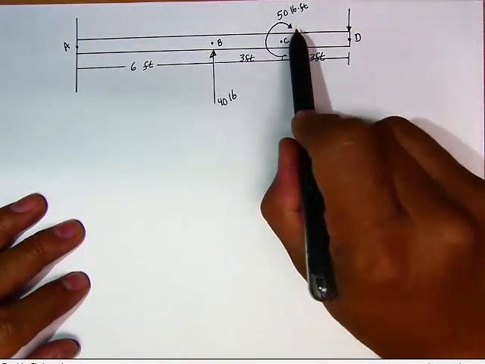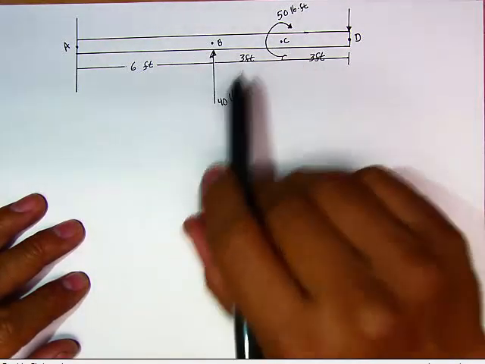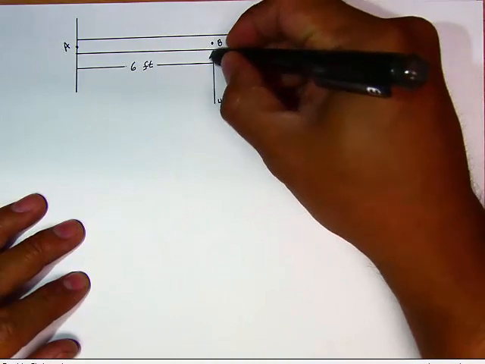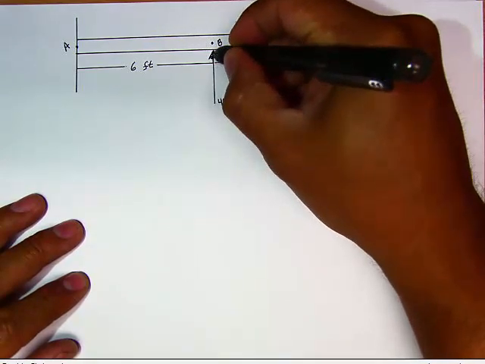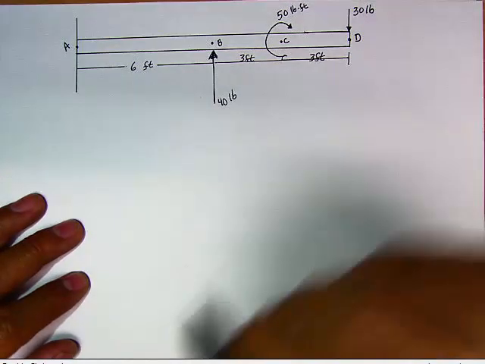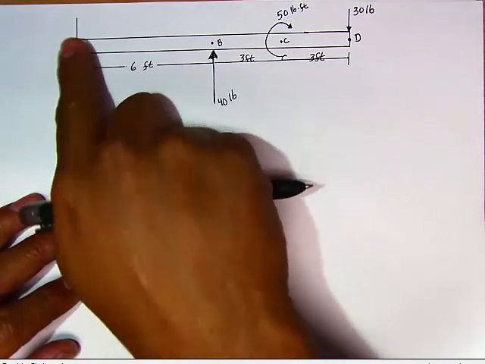This is our difference right here. We're not going to worry about distributed load on this particular problem. We want to make it as easy as possible and introduce. There you go. This is, let's say, 30 pounds. There you go. So it is a cantilever beam,